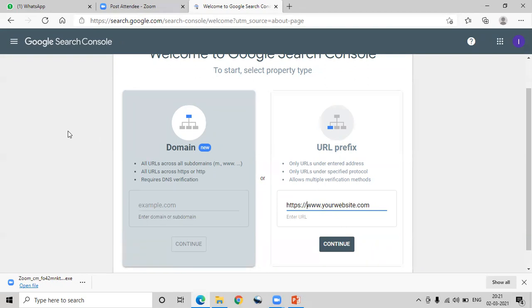Guys, am I audible? Yes, sir, we are following you. Which plugin do you have to download? Header and Footer. Just download and install Header and Footer, and after installing, go to the header section and copy this code to the header and click OK, and then come back here and you need to verify this.